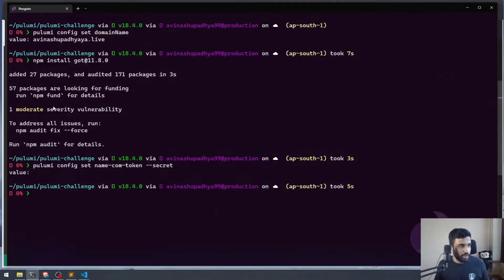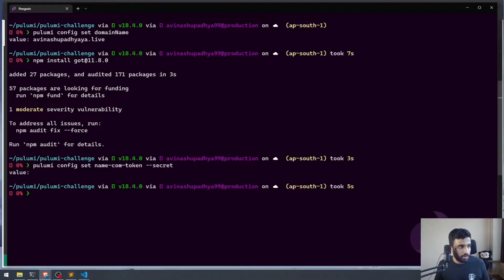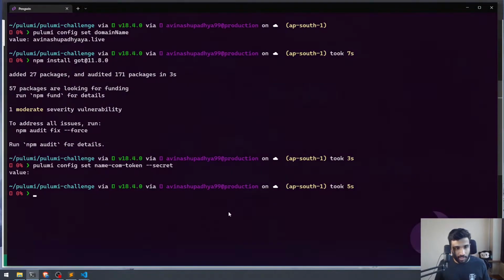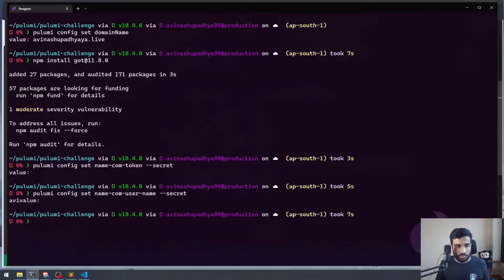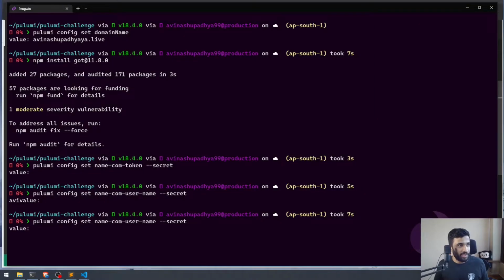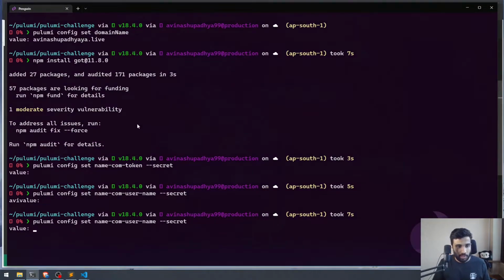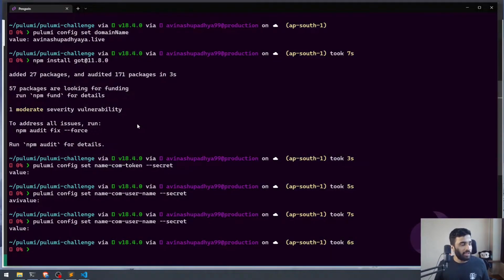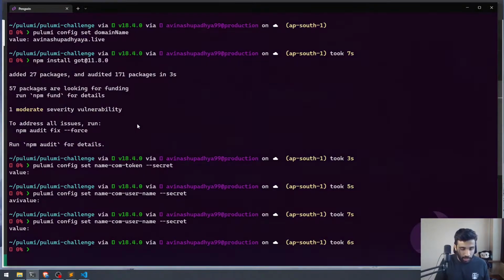And also provide the name.com username once again as a secret, so that it is not available in plain text. I'll need to run that once again to ensure that the value is set appropriately and I did not make any mistakes. And finally, now we can run Pulumi up